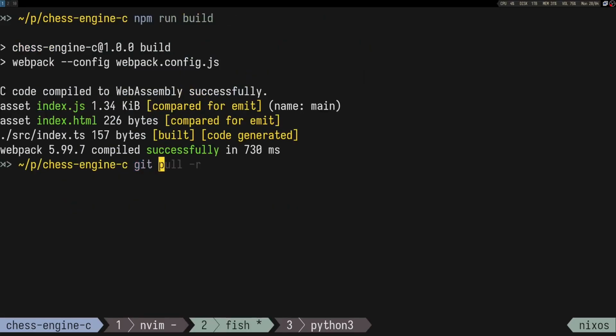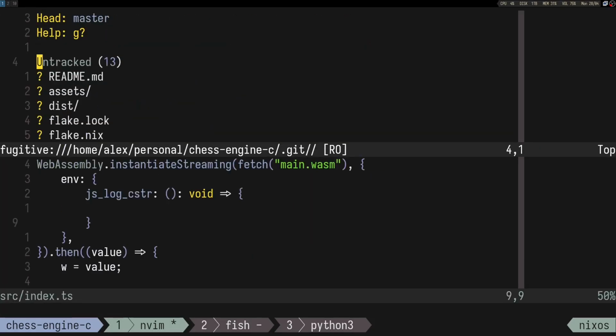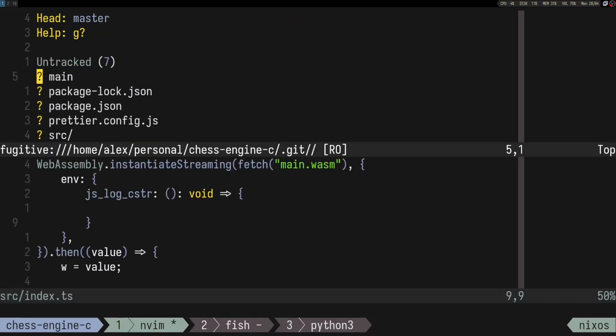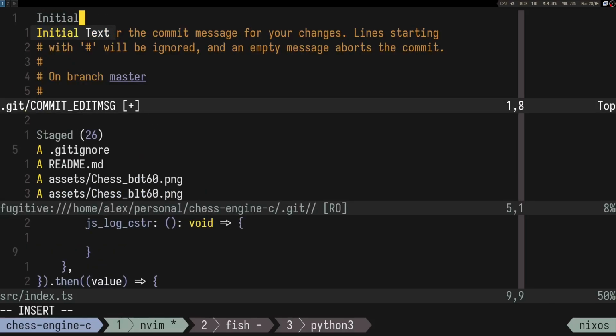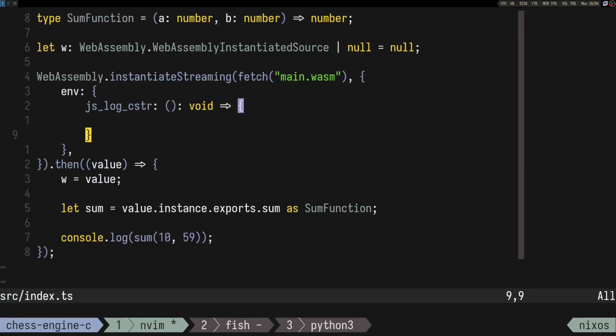Maybe I also want to git init because it's annoying to keep. Do I have a git ignore? I do. Nice. Git ignore. Okay, that looks good. Let's initial commit this thing. Okay, perfect. So we have this JSLog cstring,